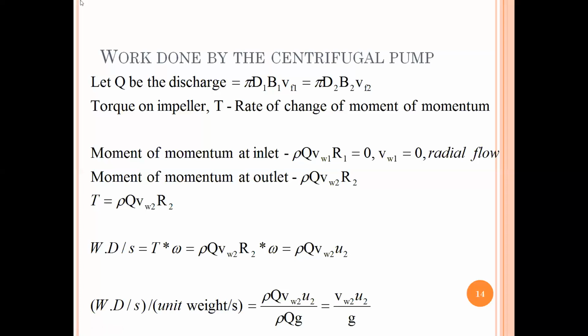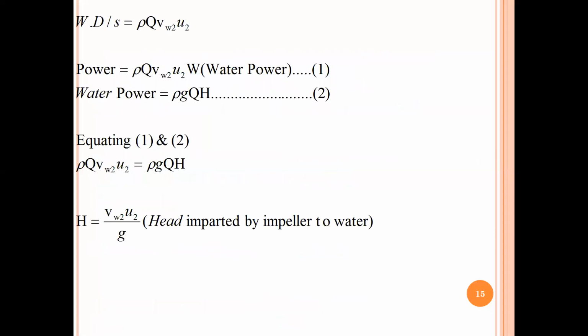So the actual calculation is very simple, but there's a little more intensity to understanding the concept of your torque. Okay, we have done this in your radially curved vane in module 4 also. And here, in the previous class, I mentioned manometric head. I had mentioned the first definition: manometric head is head imparted by the impeller to the water minus the losses. And I had written head imparted as VW2 U2 by G. So I'll just tell you how it is coming.